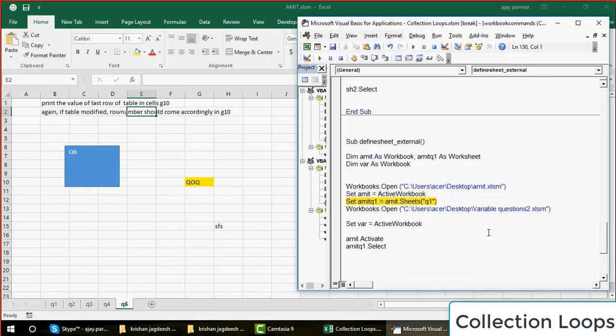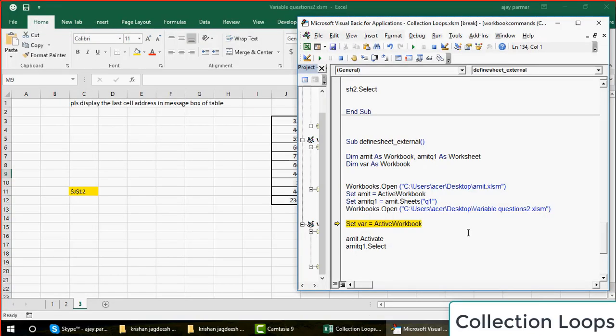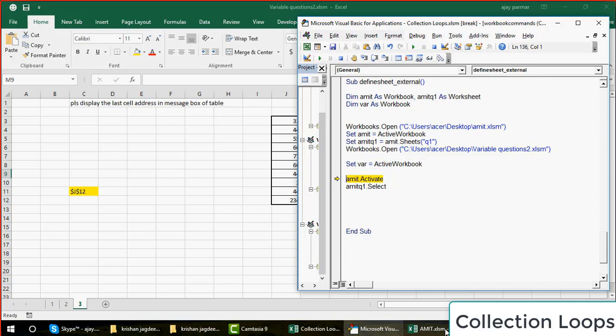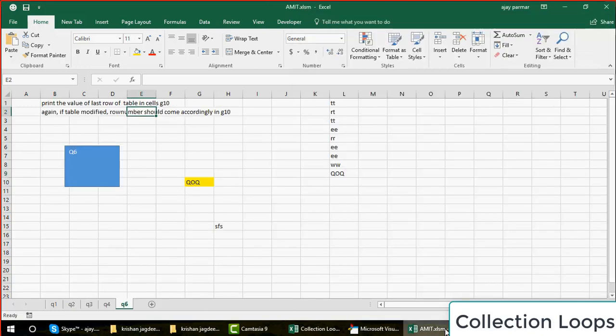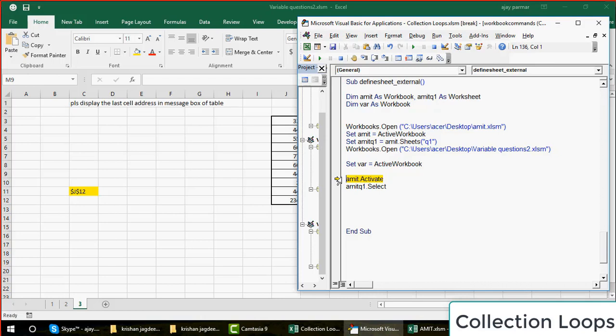So if we go and run this code again, open Amit file. Amit is now going to be the active workbook. So this refers to my sheet. You can see this is also done. Open the var file. Let's define var as this file. Okay. Now, if you see my Amit file, my selection is on Q6 right now. Okay. Now I want to tell you something. Now, without activating the Amit workbook, you just write Amit Q1.select. Is it going to work? You see that the line ran. I did not activate Amit. It's still on the var file. Has it run? Can we go and check?